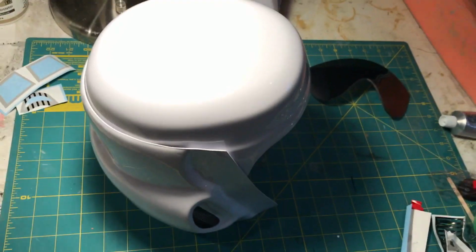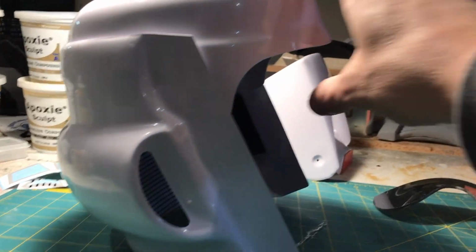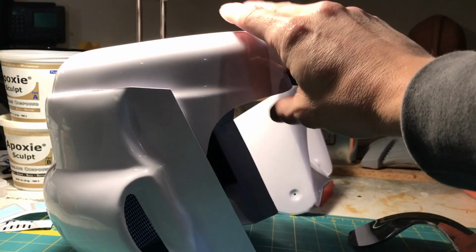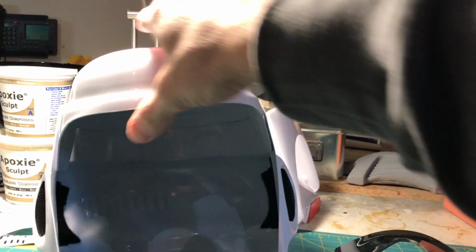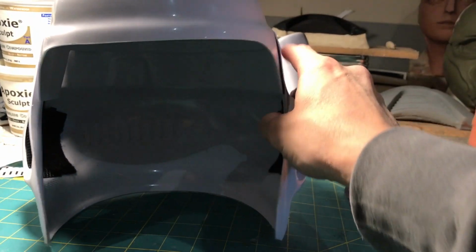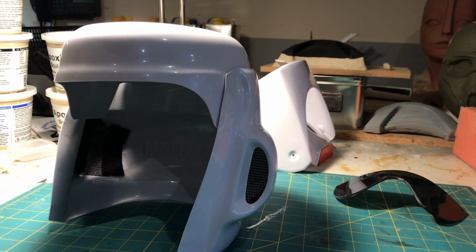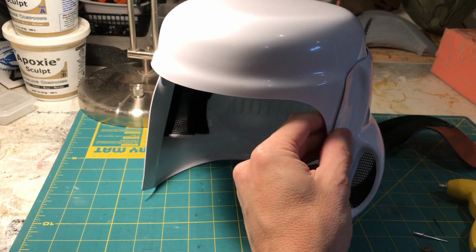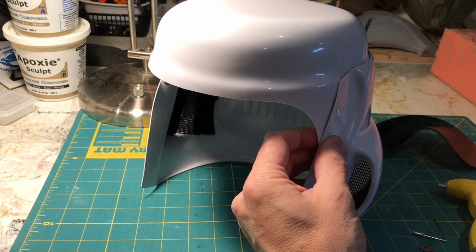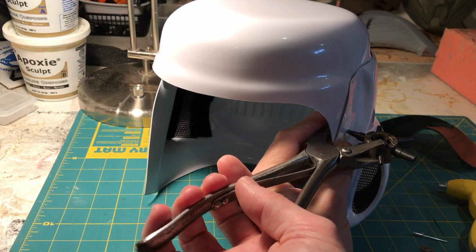Now, when you look at this, you see I'm looking for the fact that it's going to have the right angle on both sides. I want there to be symmetry on it, and that it sits correctly without being lopsided at all. Once I'm happy that I've got a good level surface up here, I can see now that these are fitting together well, and I'm going to use my punch again